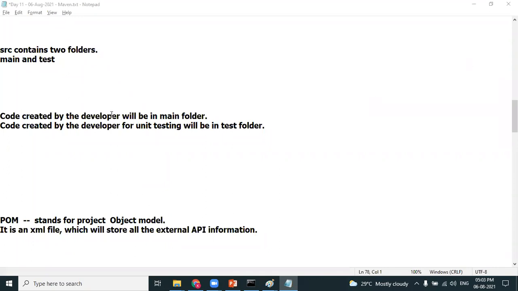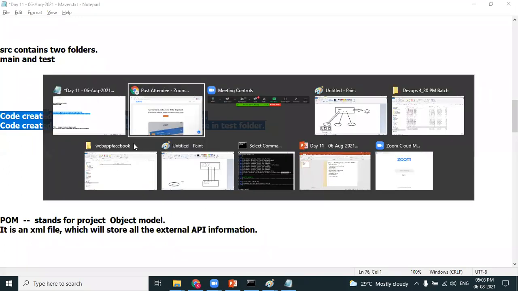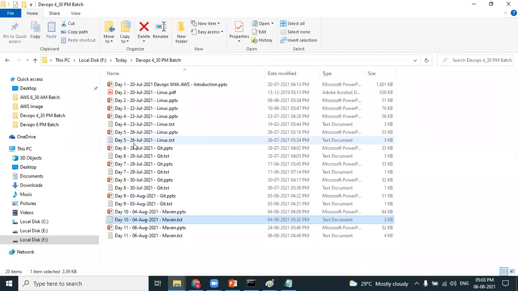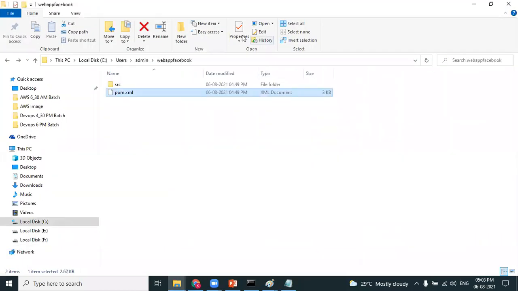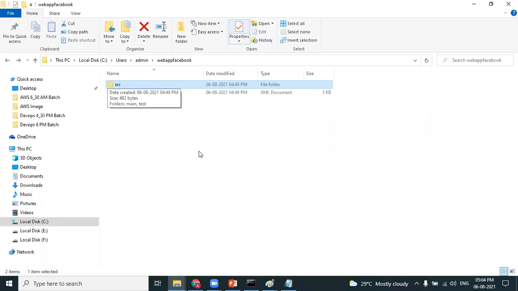Right now the source code is not available. It's a sample Maven project, isn't it? Maheshwara, right now it is a sample Maven project which was built by Maven. So that's your doubt. Yes, we have the SRC folder and the pom.xml file. That's it. Now we'll start how exactly we will place the source code in the SRC folder.